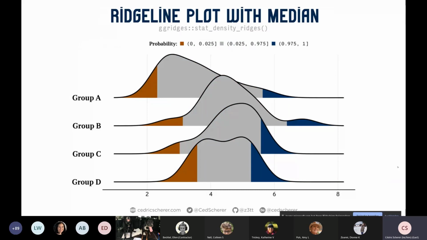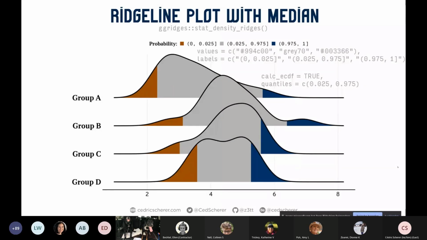And this is another example from the vignette from the ggdist package. So here we indicate the probabilities, so the low and the high probabilities, the lower 2.5% and the upper one. And all these kind of things you can do. So they can show more than just the distribution. Of course, you can also indicate thresholds or summary statistics. And this is how you would overwrite the legend to look like this. So this is a custom color palette and then also custom labeling.